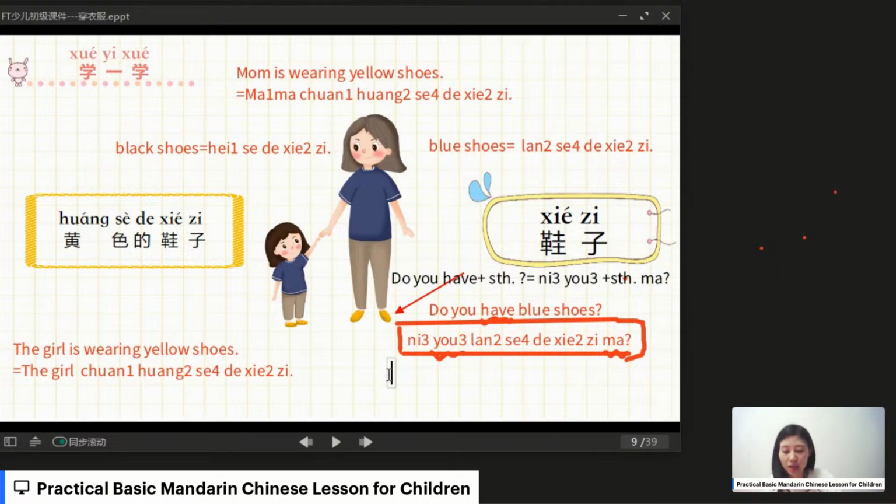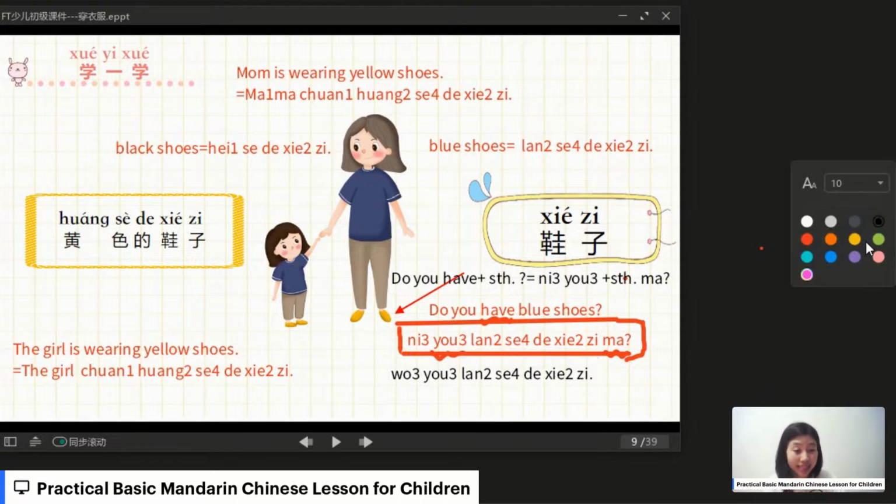I have. So that would be 我有. Okay, I have, 我有, and plus something. So since the question sentence asks you like blue shoes, right? So now when you answer, you also need to copy this part. So 我有蓝色的, okay, 鞋子, okay, 我有蓝色的鞋子. That would be the positive way to say it, and we also got